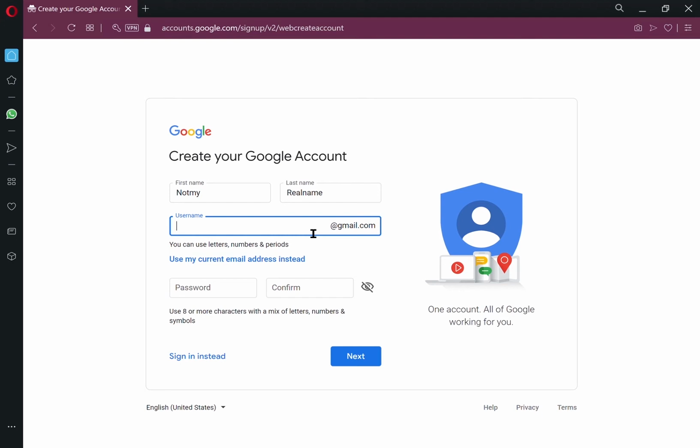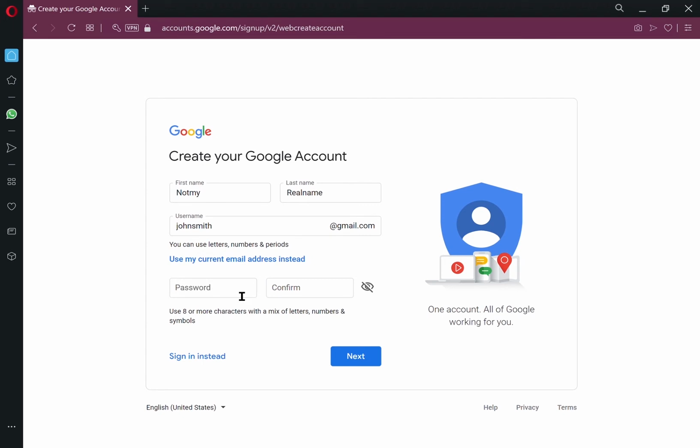So something like south.granville.778, something like that. And once again, this should be unique. So I'm gonna put in something that definitely exists already, and I'll show you what happens. I'm gonna put in John Smith,